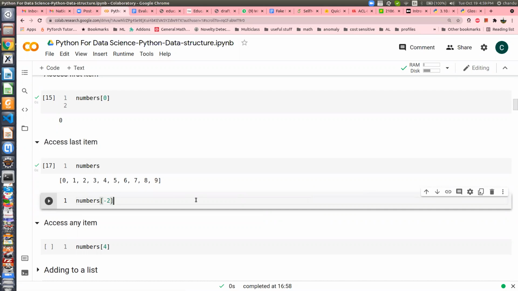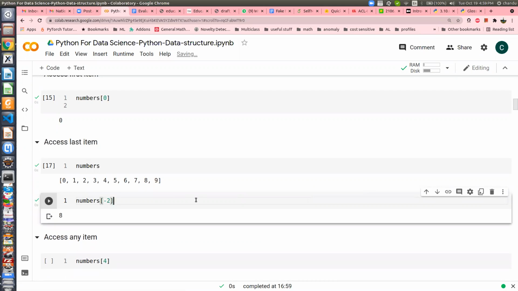Yes, very good. You just move backward, starting from here, you go backward, right? So this is another way to access an item in a list. If you want to access 8, there is another way. You just type -7. I think it will return 8. Oh, sorry, you have to put -8, right? Because the array size is 10.